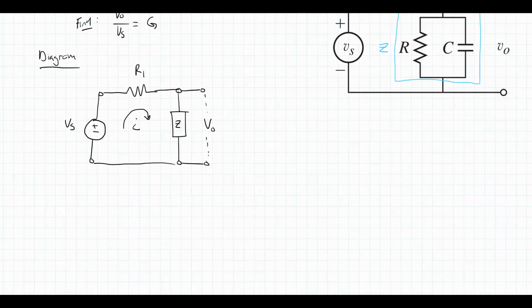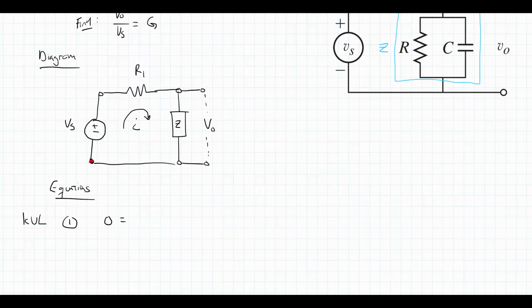So we are after V out as the transfer function output, or VO, and Vs as our input. So let's start writing some equations and keep in mind what we're ultimately after. So equation-wise, we can do a KVL equation where I'm going to start in this bottom left and go around the loop and see what all of the voltage gains and drops are as I go through. So again, this will be from a KVL. So I know that it has to add up to 0. I cannot have a net positive or negative voltage as I go around the loop and end up at the same point. So I'll start at the bottom left,